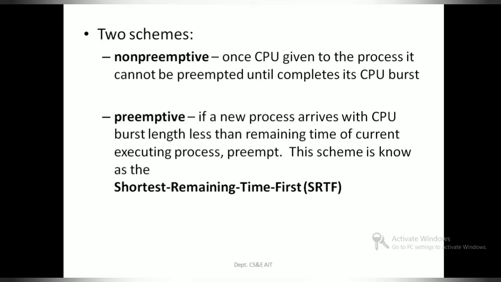If I take the vice versa case of the same, now if I say process P1 has a burst time 5 and process P2 has the burst time 10. If that is the case, when process P2 arrives on the system, process P1 is allowed to continue its execution because that is the process with the smaller burst time. Now let us take up an example to see how it is done.